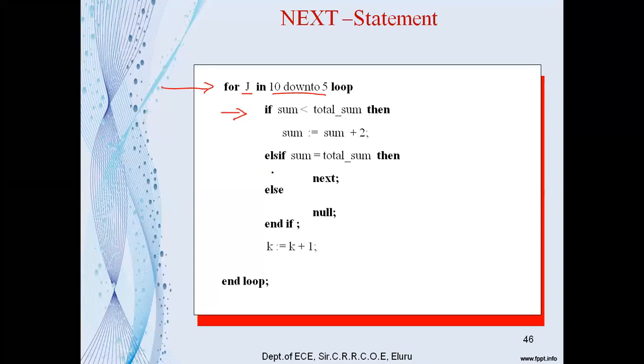So you can use nested ifs, or inside of the for loop you can use the case statement or the if statement. Okay, so here we have used the if else. So it is an easy example you can understand here. See, if the sum is less than the total sum, so these are two different variables, or let's say two input signals. So sum is different, total sum is different. So if the sum is less than the total sum, then the sum is updated with the sum plus 2.